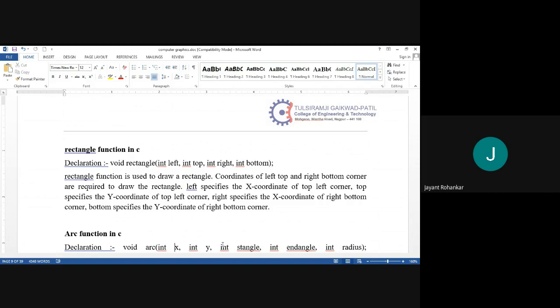So by using these coordinates, all four coordinates of the rectangle, we can join the lines and we can draw the rectangle very easily. In computer graphics, to draw a straight line is somewhat a simple task. So we can draw a rectangle very easily by using the line function or line drawing functions. So this is about the rectangle function in C.